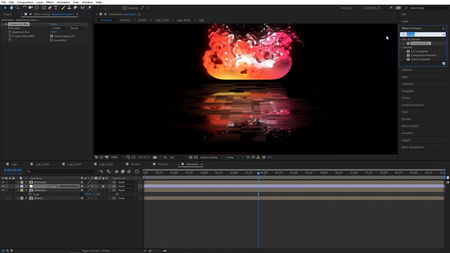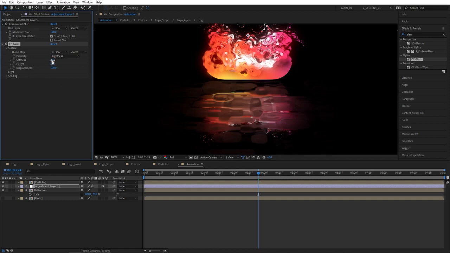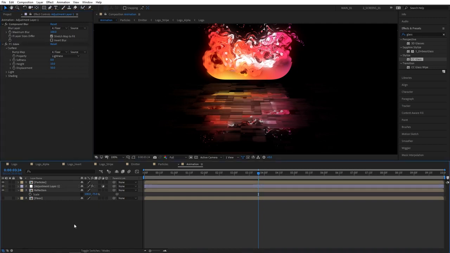Now let's search for a very interesting effect called CC glass and add this to the adjustment layer. Open up surface and bump map, set it to floor, set softness to 0, decrease the height to maybe 10, and also decrease the displacement. I'll set mine to 50, but of course you can play around with it on your own and find what you like better. As you can see, CC glass gives our floor a more textury look,